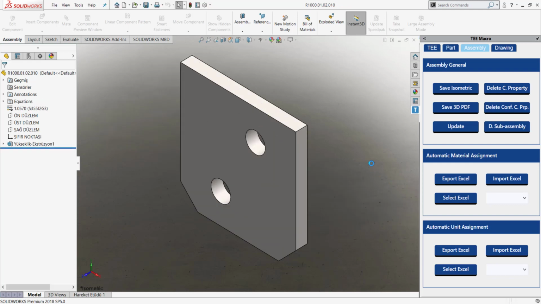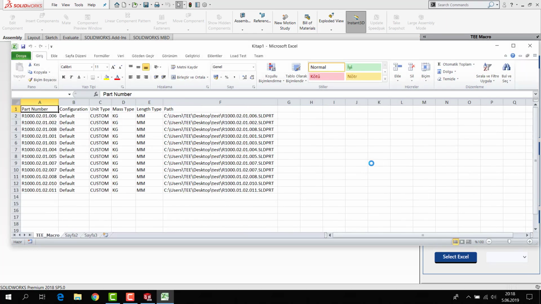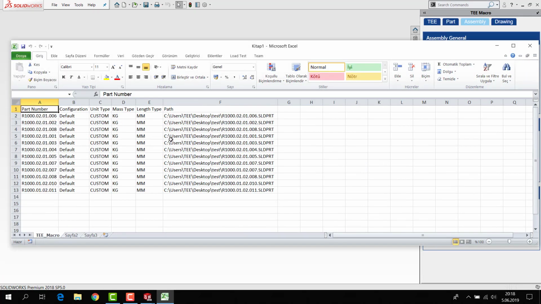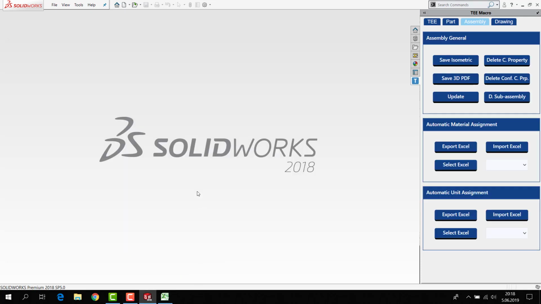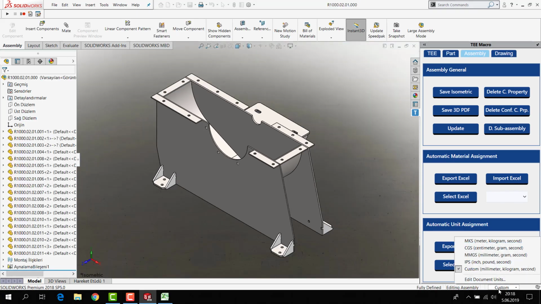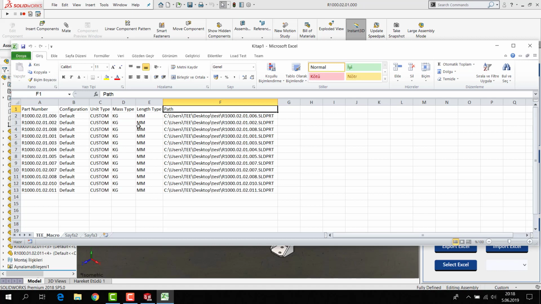in Excel sheet, and you just only select or change, and you will see part, configuration, unit type, mesh type, length, path, or you can see all of them is custom, or if you want to change the custom, you can use, for example, you can use this short name like this,